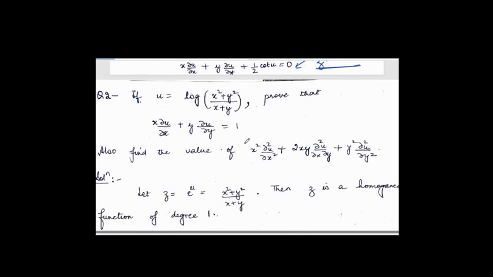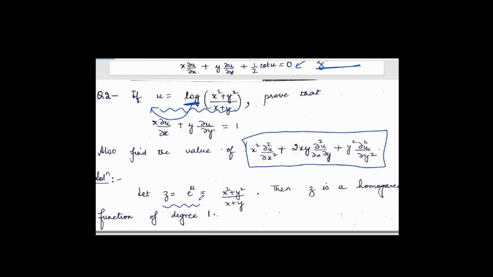Now one more question, but this question has been intentionally put here because it is asking you to have a result related to the second order also. So let's look at this typical problem. Again, in this question, as I told you, whenever you come across such a question, the given function directly is not going to be homogeneous, but whatever is waiting outside, you take its inverse here to apply Euler's theorem to that, because that function is going to be homogeneous, and then whatever is desired can be obtained just through the relationship between the partial derivatives.